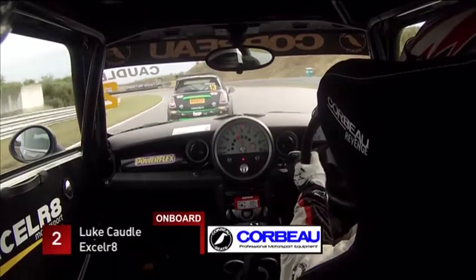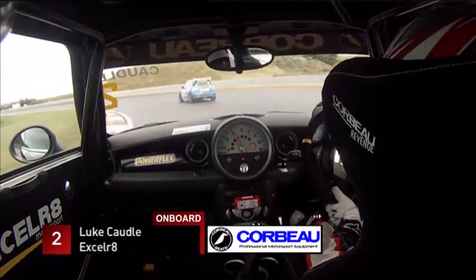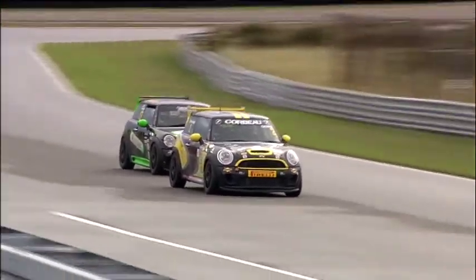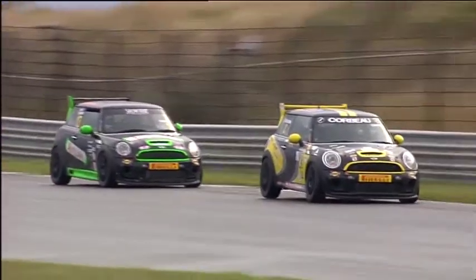The same goes for Jake Packen and Luke Cordle. They are reeling in Lee Allen as Luke Cordle now picks his moment to challenge Jake Packen, and he's going to go through his seat and take the position. A quick consultation of the mirrors, but up into fourth goes Luke Cordle, and Jake Packen could resist him no more. So Cordle goes fourth, and third place could well be his as well by the end of the laps,